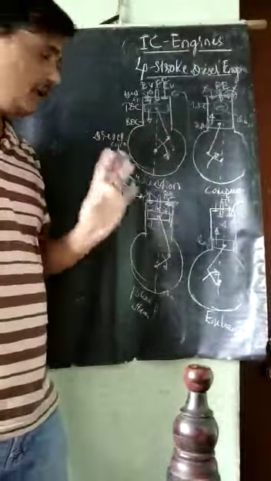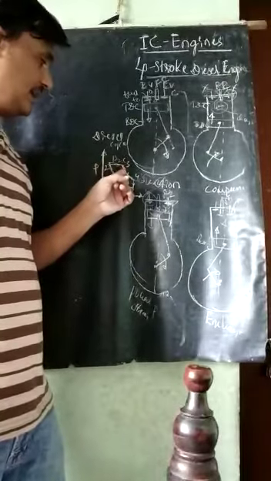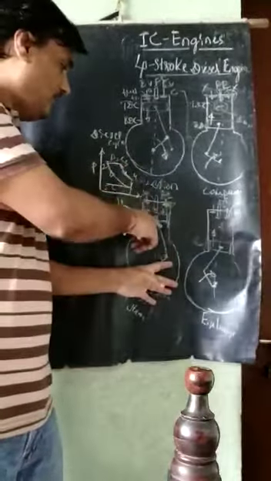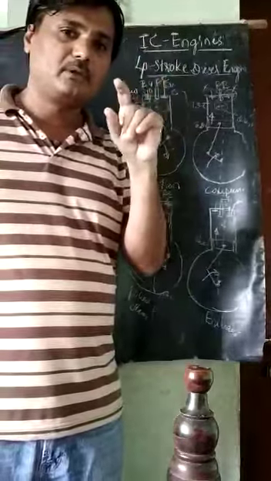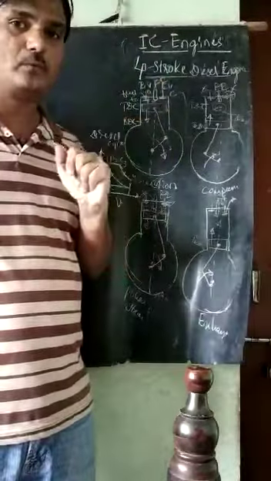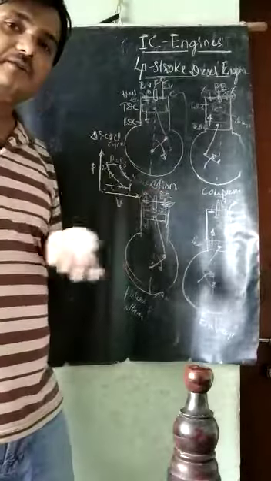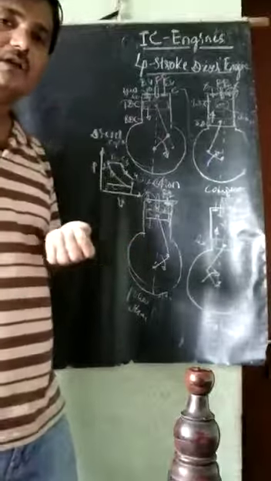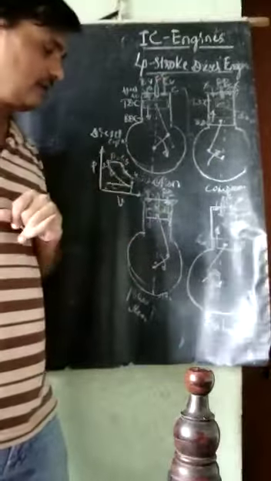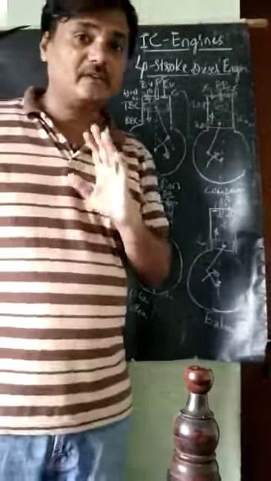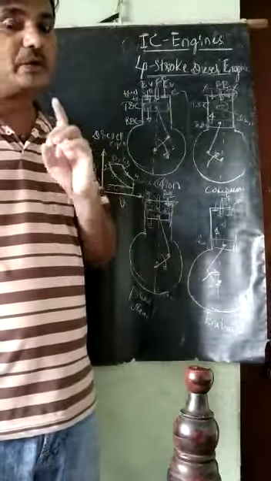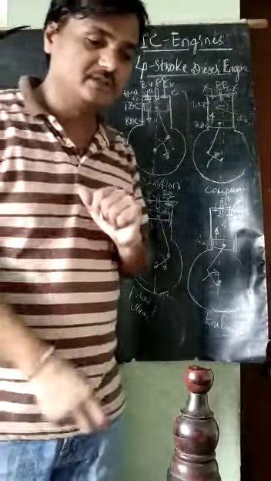That is important. And another one is, in the PV cycle here now, the fuel will be injected at constant pressure, whereas the spark will be generated at constant volume here now. So therefore it is a constant pressure cycle, that is a constant volume cycle. Also it is called the diesel cycle here now. This is about the 4-stroke petrol and 4-stroke diesel engine here now.